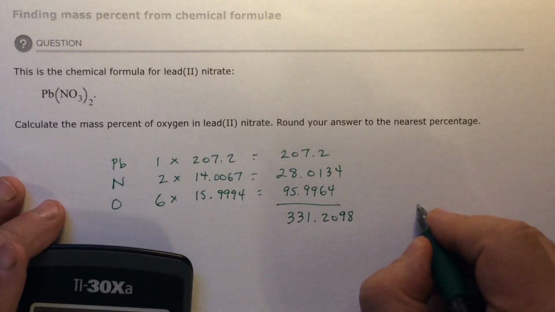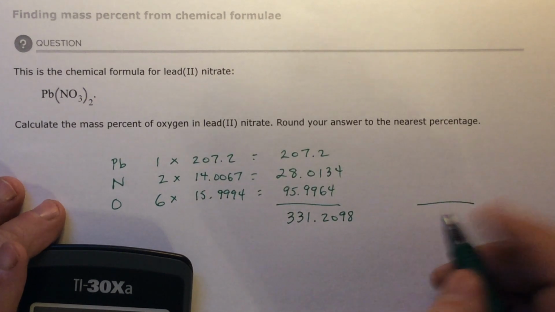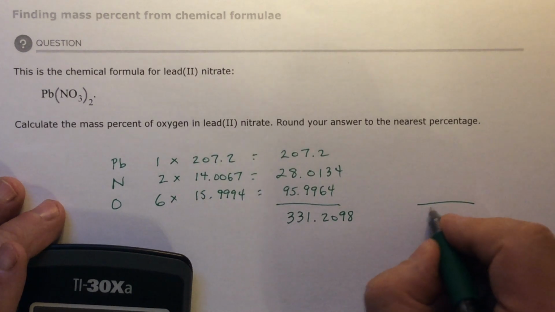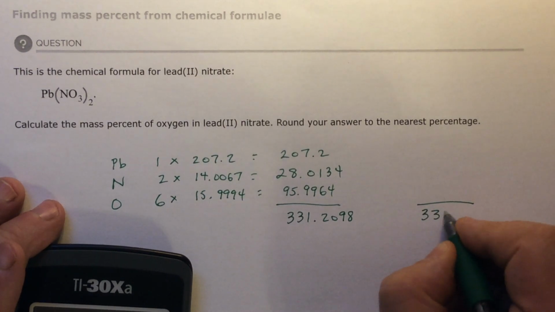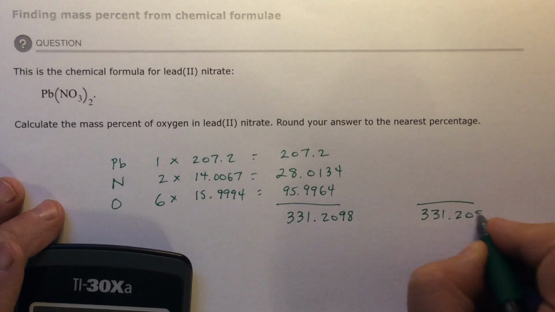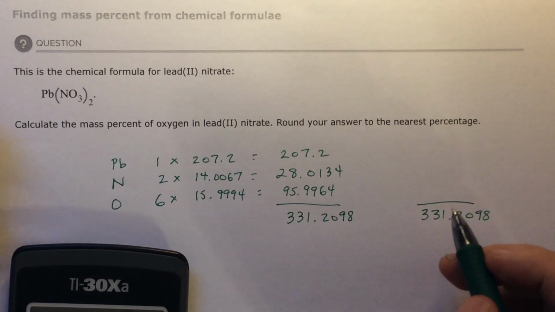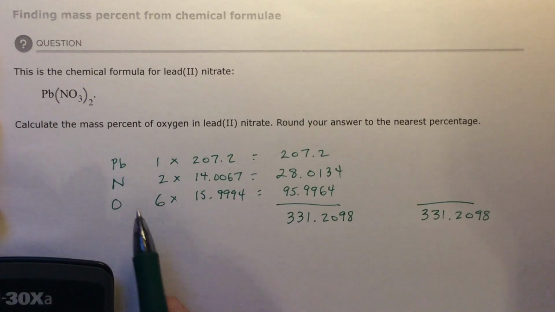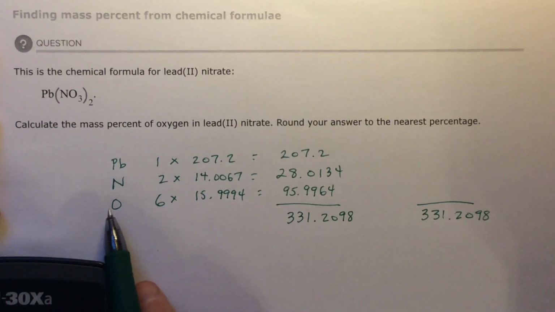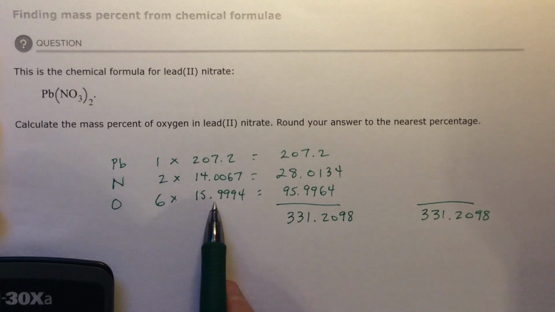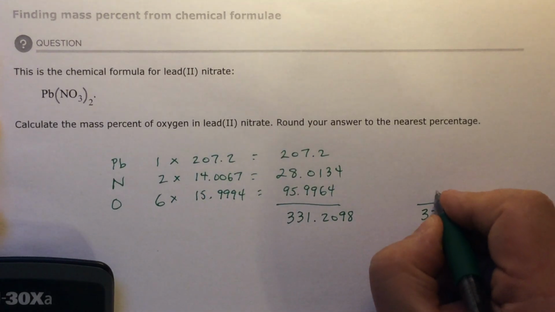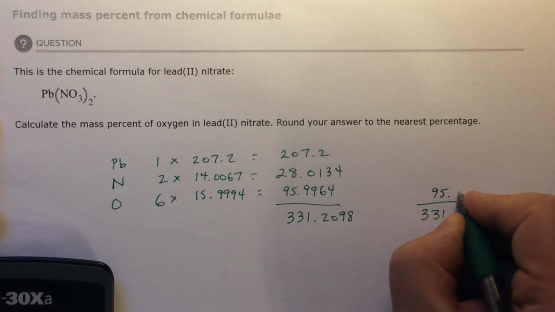Now that goes on the bottom. That would be out of a possible 10 points or whatever. 3 points right out of 10 points possible. Here's the amount of weight the whole molecule weighs. How much does just the oxygen weigh? Well, I've already done the math. There are 6 oxygens in the molecule. Here's the atomic mass of oxygen. So here is the weight of just the oxygen. So I've already done it, so I'm not going to do it again. It's